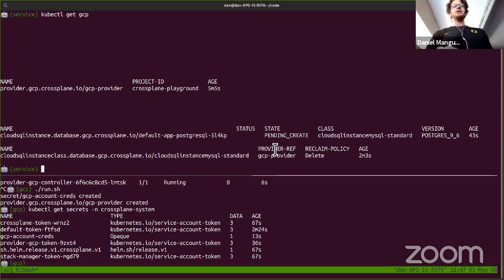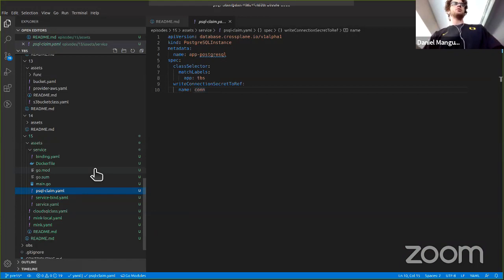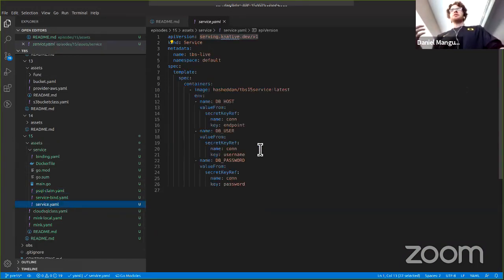So while that's happening and the secret is getting written, I will go ahead and move over to looking at what our service is going to look like. As I mentioned earlier, this looks super similar to a deployment or a pod. You're going to see this same containers stanza here, which is actually the exact same as what's in a Kubernetes pod spec, I believe. And we're going to be using this TBS 15 service, which is a really simple Go